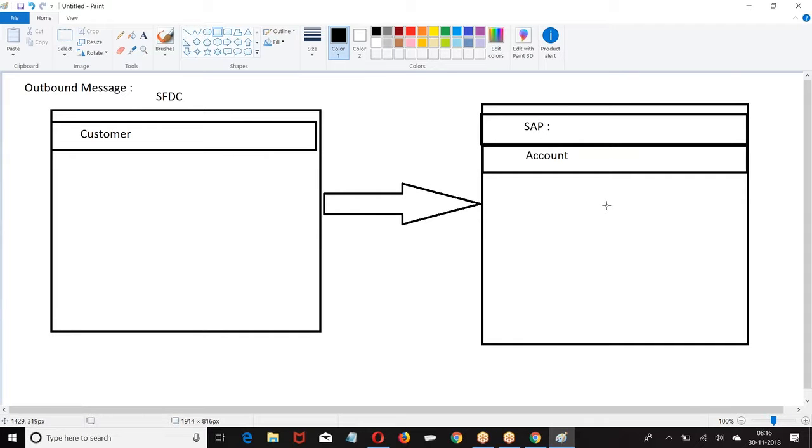Whenever a new customer is created in the Salesforce, the record should be sent to the SAP. In the SAP, they have to create one account record. So how will you achieve this?